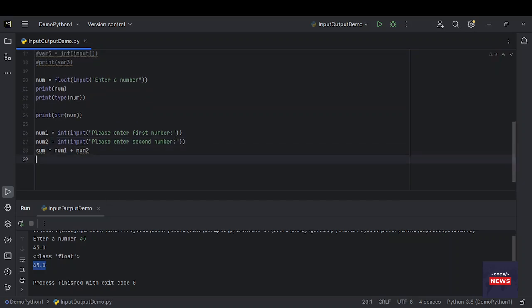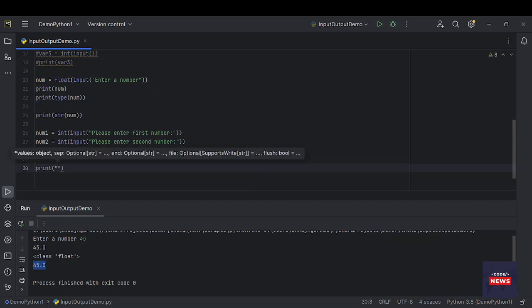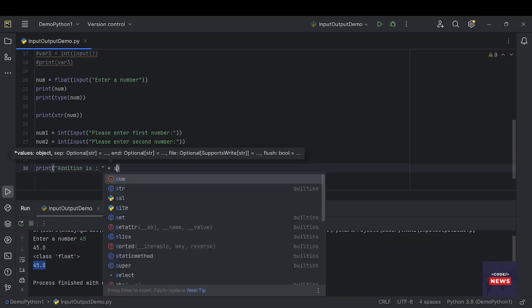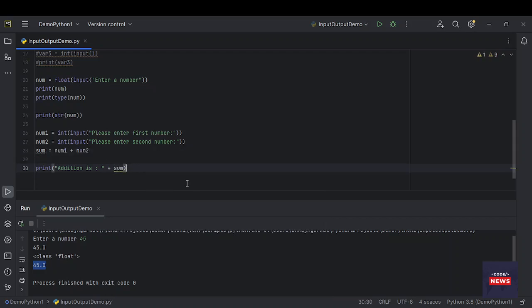Then we say print, sum is, or we can say addition is. Okay, let's print it. We will comment this out, otherwise it will ask us